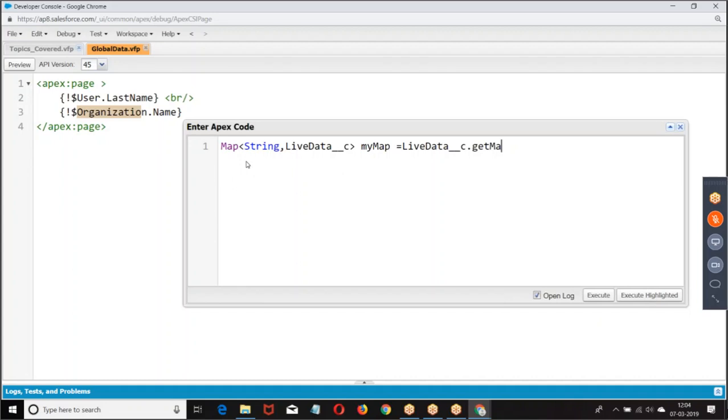Get. Live data dot get all. Now, it is a map.